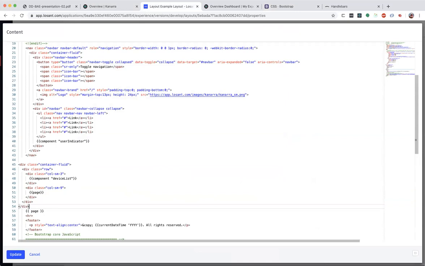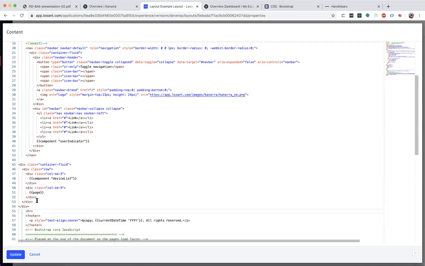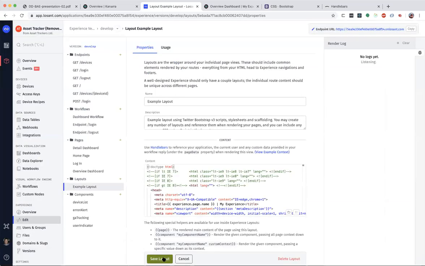So what I just dropped in is compiled from the Bootstrap documentation. I have a fluid container that takes up my entire width. It's a base 12 grid system at small screen sizes. I want to render that new device list component that I just built inside of here in the left column, and then in the main column, continue to render my page. And let's save. And now let's take a look.